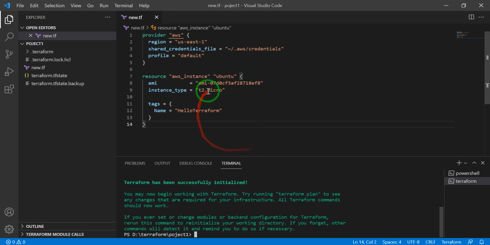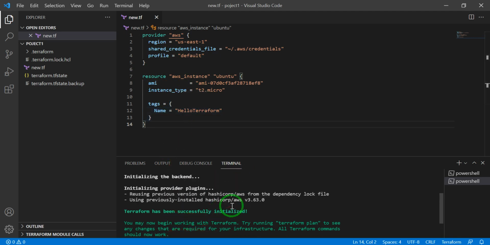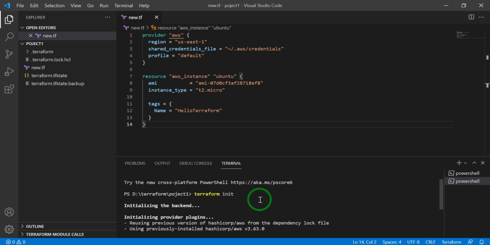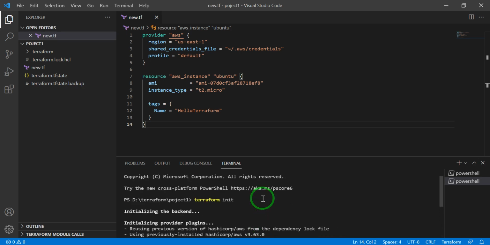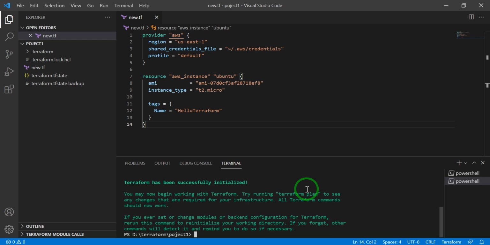It will be downloading the packages and modules according to that, because we are creating resources, data, and all other things. So it will be initialized according to our machine, and the initialized directory has been done.